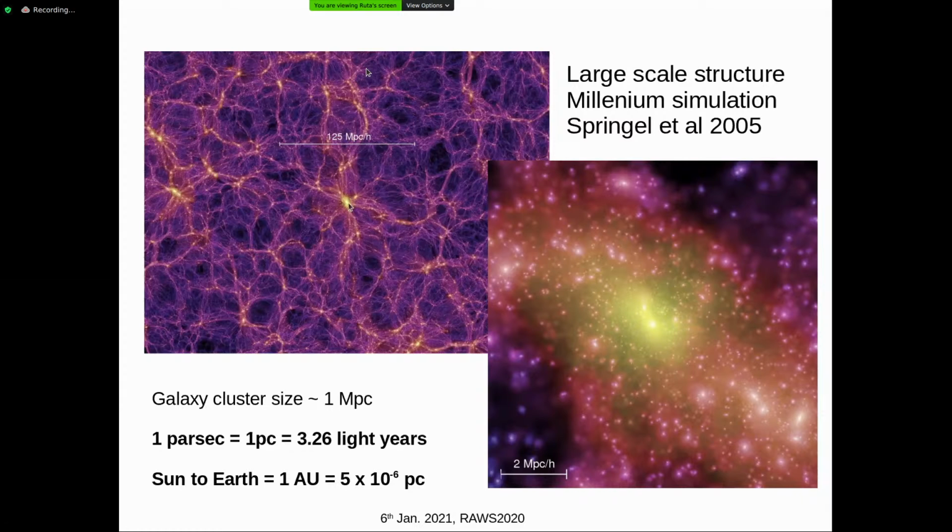and in particular these nodes of this web are very massive systems which are called galaxy clusters. So this is one massive system zoomed in here, and all these brightened particles are actually just like galaxies, and they are basically all clustering together in these nodes where there is more mass, and it keeps on attracting more mass and they grow. So this picture shown by simulations, if you just consider dark matter and gravity, hasn't changed much.